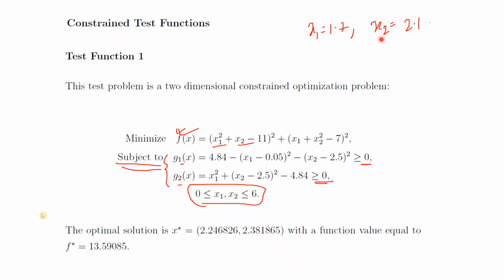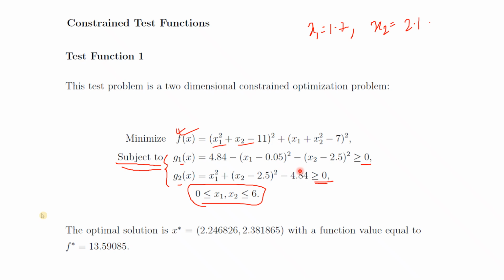But if it does not fulfill the constraint, then it will not be accepted. So this is a constrained optimization problem. That means you have an objective function for which you get solutions, but when you put that solution in the constraints, they should also be satisfied. Getting a solution is not enough, you have to satisfy the constraint. If it satisfies the constraint, then it is accepted. Then you update the variables and put them in the objective function f(x). If you get a solution, you check whether g1 and g2 are satisfied. If yes, then it is accepted.